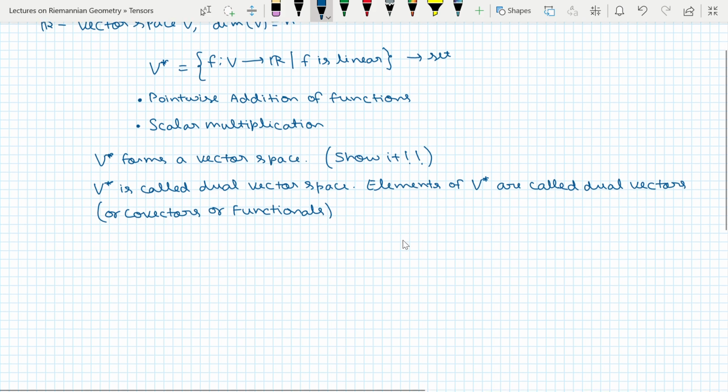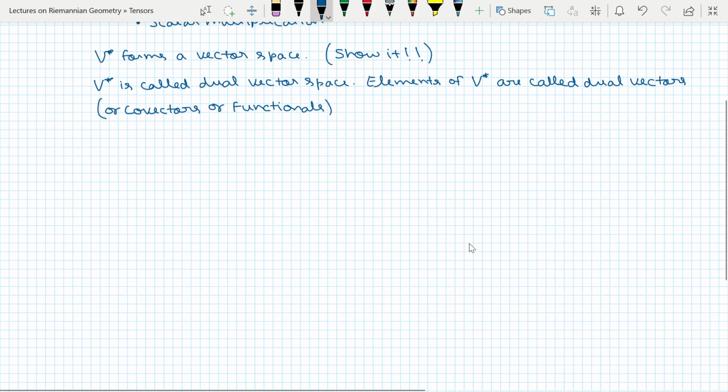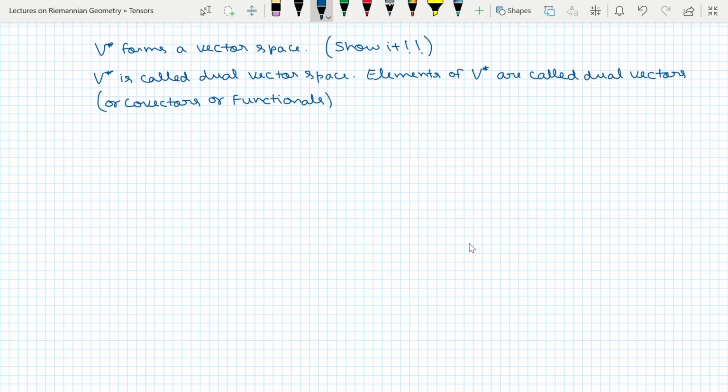Now, for every finite dimensional vector space, we can construct this V star, another vector space which is known as the dual space. We can do that. I hope you understood everything up to here. Okay. So now, since V is your vector space and it's a finite dimensional vector space, it must have a basis. So now let's say,